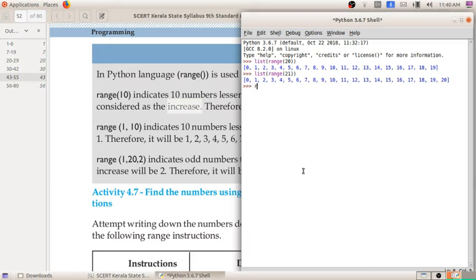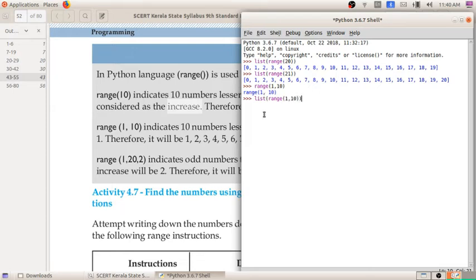So I am giving range of 1, 10. Here you can see 1 is the start value and 10 is the end value. When I click enter, just a second, we have to write the comment like list of range of 1, 10.